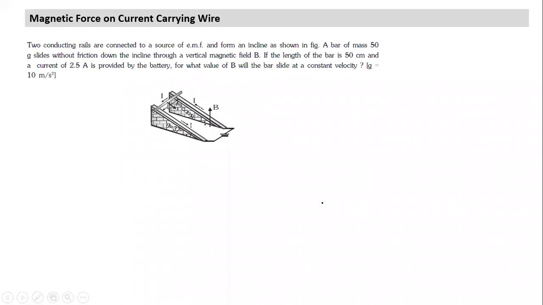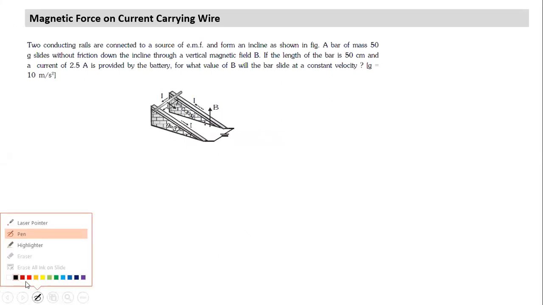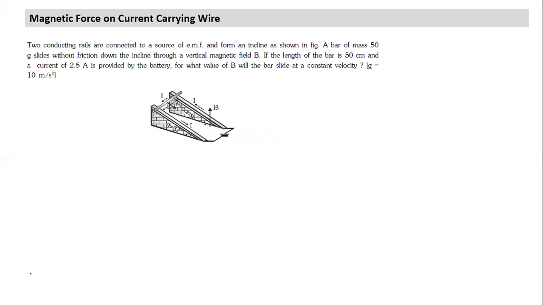Okay. So again, starting with this question that we did yesterday, just to make sure that you people have understood. If I give a small variation of the question, you should be able to spot what is the implication of the small variation. In this particular case, the B field was vertically upward. Hence, since B was vertical, force was horizontal.